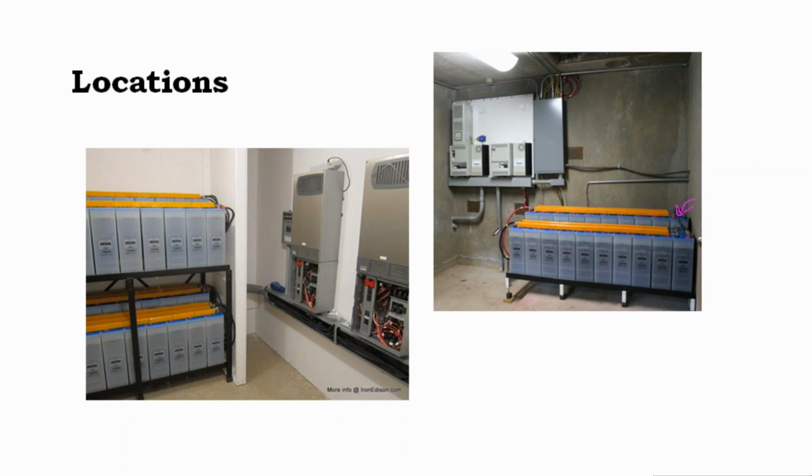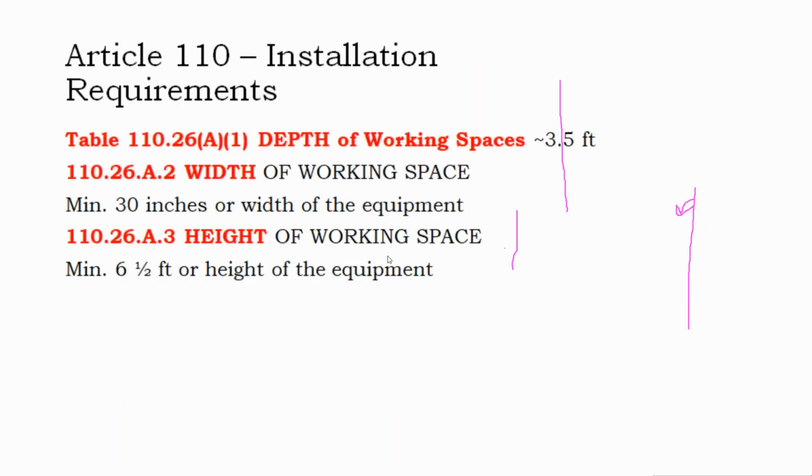maybe you can put it 30 inches of clearance, and that can start at the side of the device. But then there's another National Electric Code rule. So you've got the width of about 30 inches, the height of about 6.5 feet, the depth, which is, if I'm standing in front of the equipment, usually about 3.5 feet from the faceplate of the equipment to behind me.